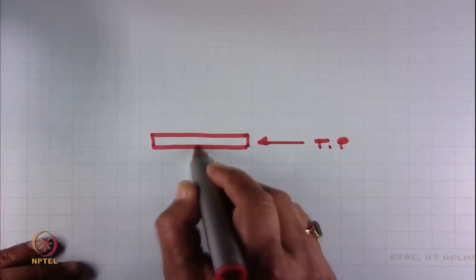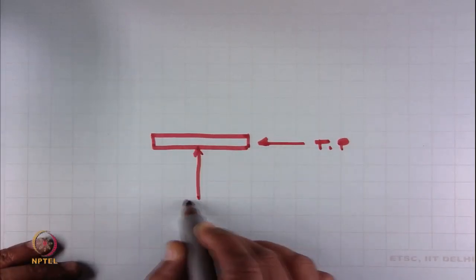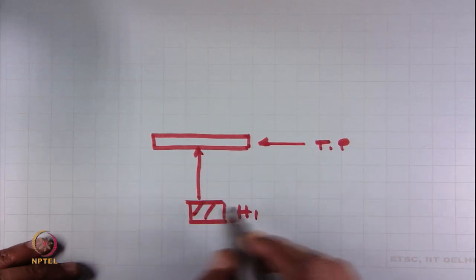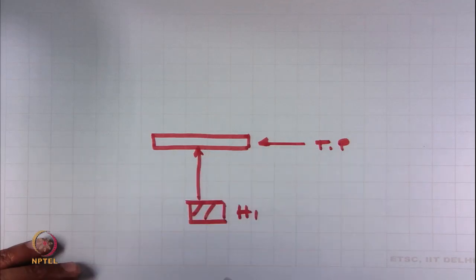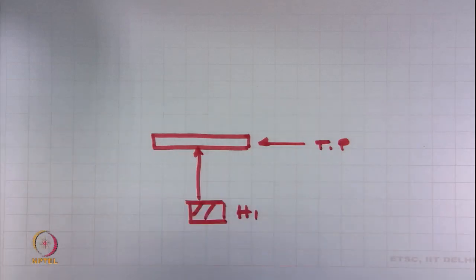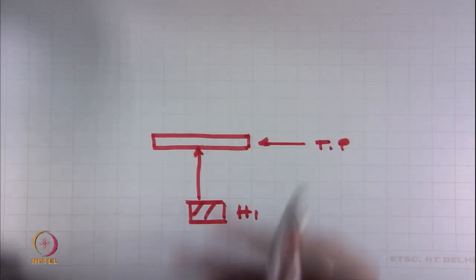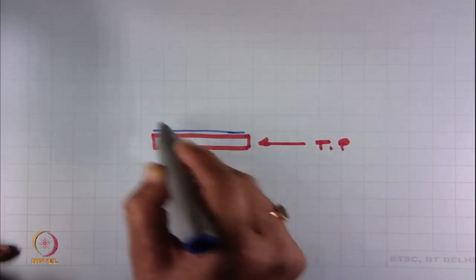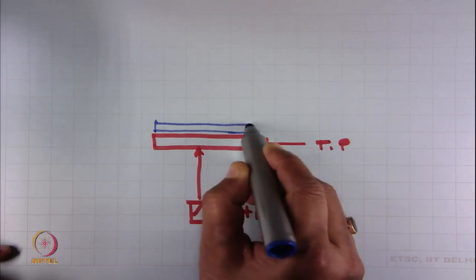Now, we have to heat it, this is heater 1. So, heater 1 is heating the test plate, and suppose we are placing the fabric specimen on this. This is the fabric specimen,